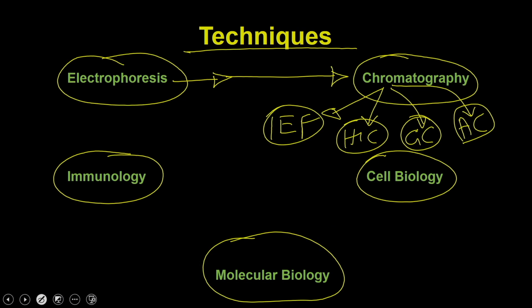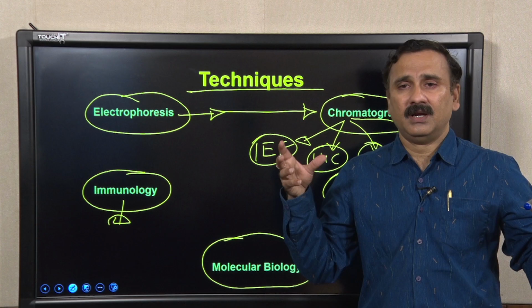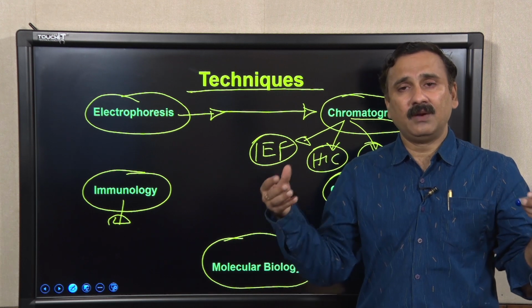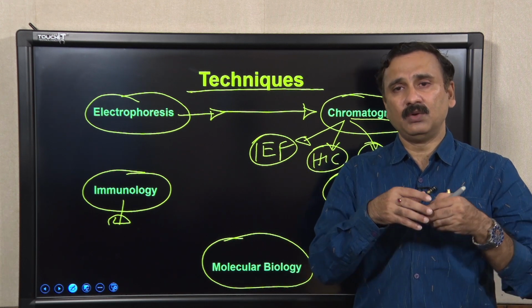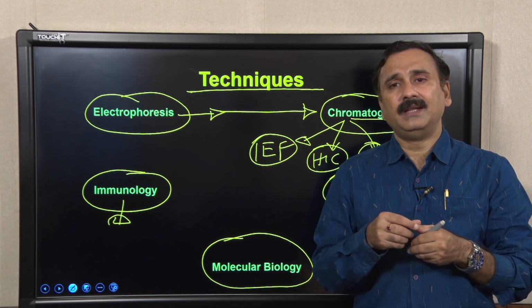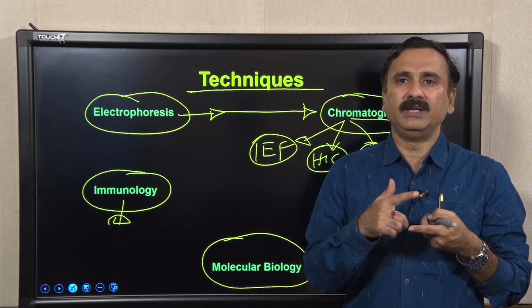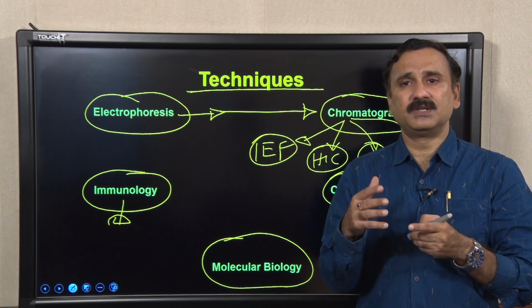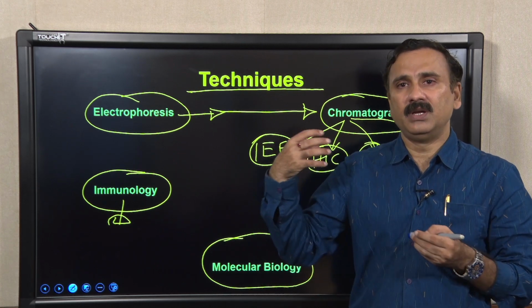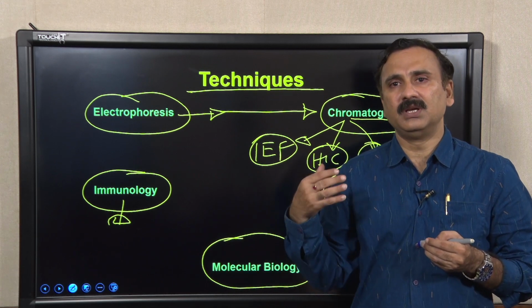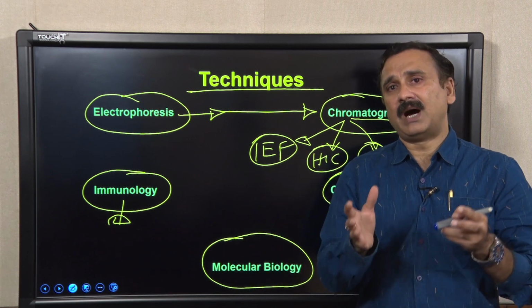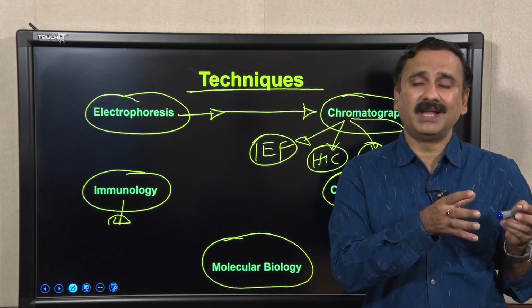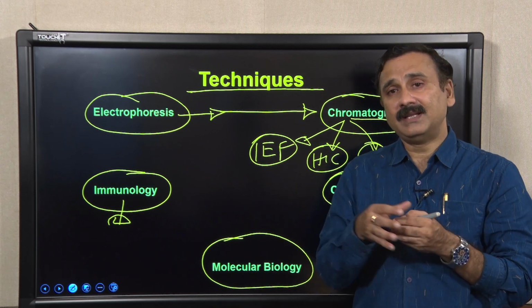Ultimately, after that we moved on to the immunological techniques. In the immunological techniques, we started with the basic understanding of what immunology is, how the different candidates play together and how they actually give you the immune responses. Subsequently we also discussed the antigens, how you can process the antigens so that you can use them to immunize animals, and how that can actually give you the antibodies. We discussed the production of monoclonal antibody as well as polyclonal antibody.